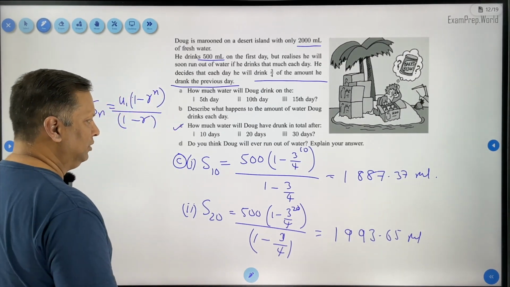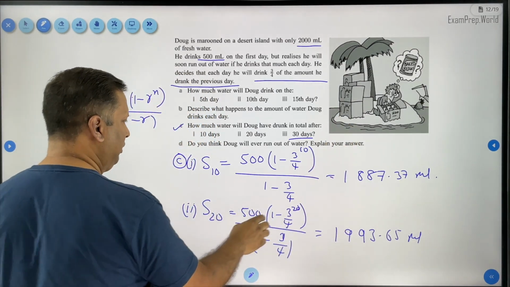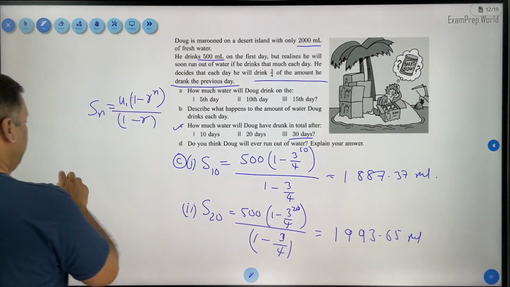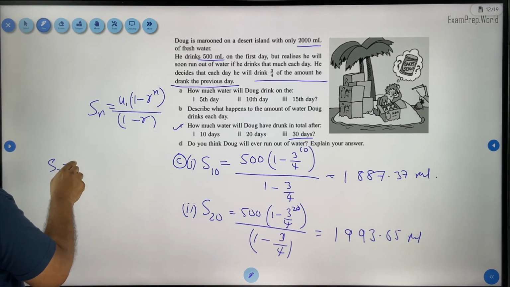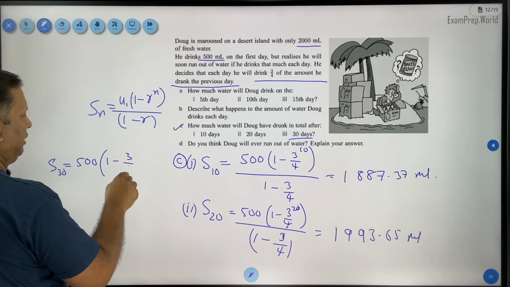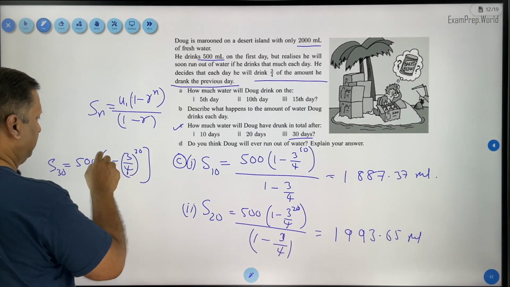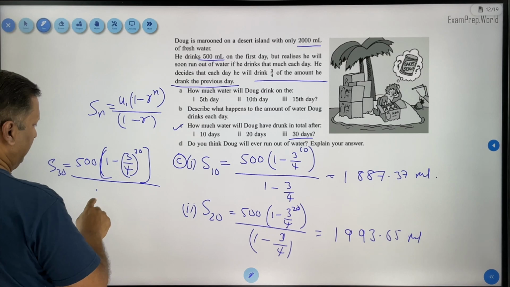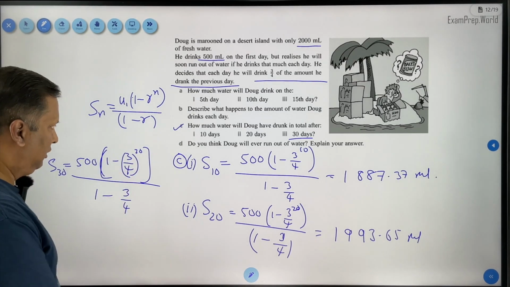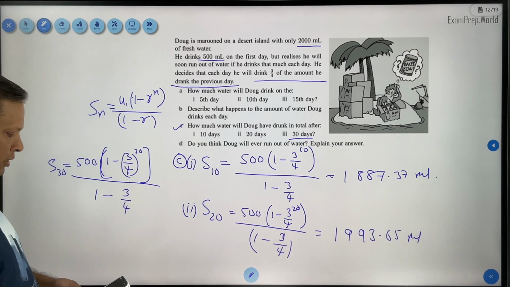Okay. Now S 30 days. So S30 will be, just replace this one with 30. I will write here S30 will be 500 times 1 minus 3 by 4 whole to power 30, divided by 1 minus 3 by 4. Don't put the power outside the bracket. It is only 3 by 4 has the power of 30. Okay. So in the calculator I will just change